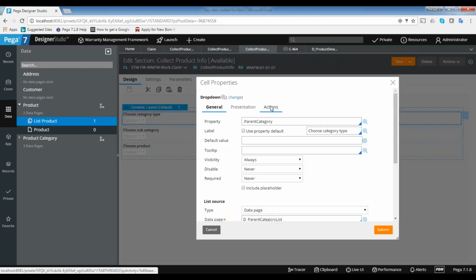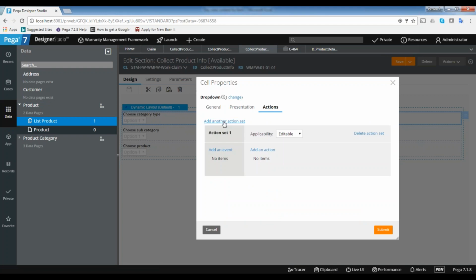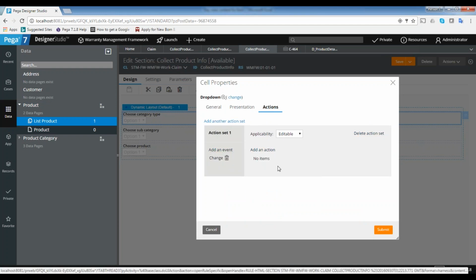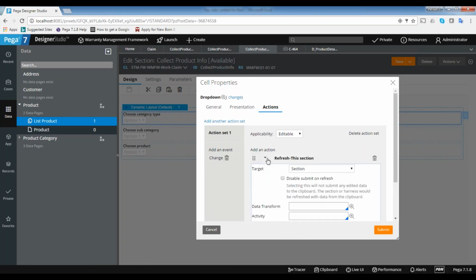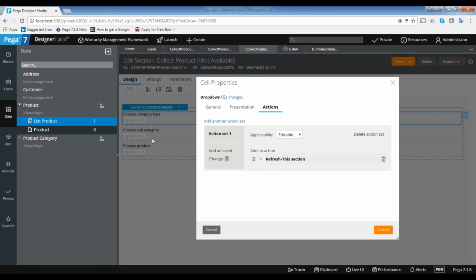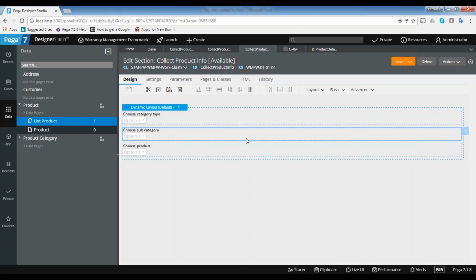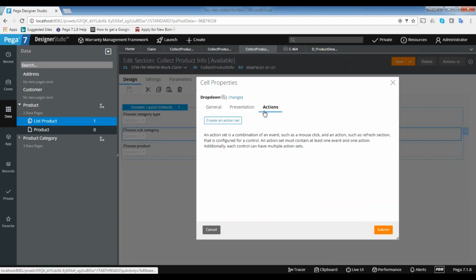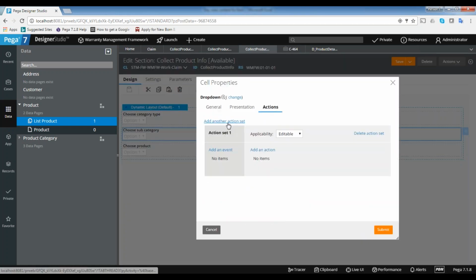For now, if I want to store the data in the memory, whenever I change the value, I need to refresh the section so that the main category name will be stored in the memory. Whenever you change the value, I want to store that value in the memory so that the below database can take that value.